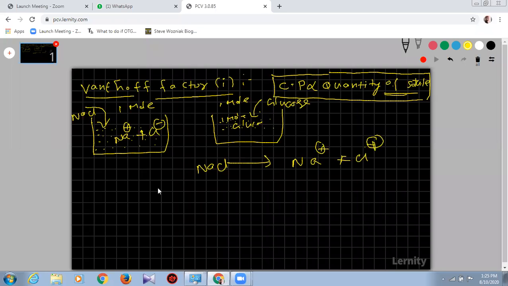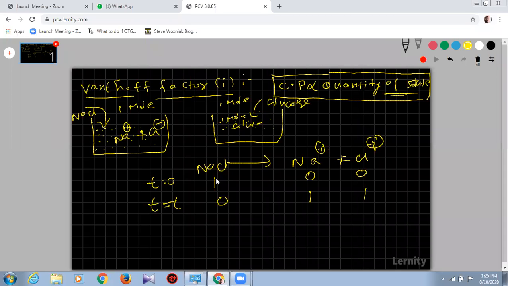Okay. Suppose initially, before adding, that means P equals 0. I have taken 1 mole of sodium chloride and 0 moles of Na plus and 0 moles of Cl minus. After dissolution, that means after a certain time T, you will get what now? This is one mole of sodium chloride. You assume it is a strong electrolyte, and you will get 1 mole of Na plus and 1 mole of Cl minus.